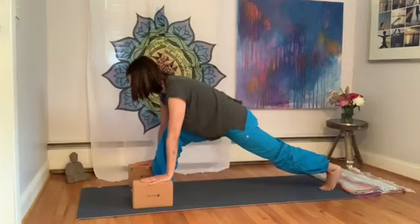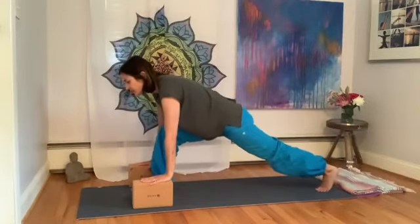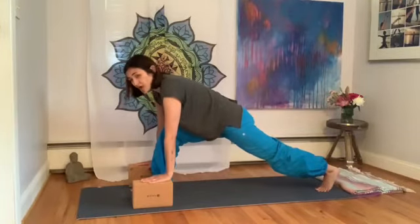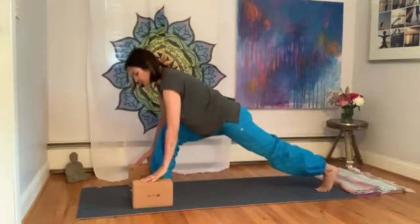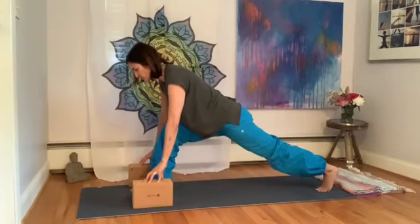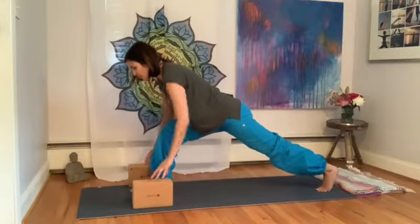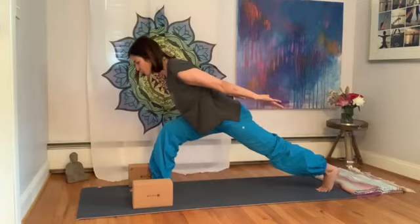Draw the belly in. Try not to have your belly resting on your right thigh. Your feet are hip width apart. Couple different options here. You can stay right here. If you'd like to go a little bit deeper, fingertips can come up onto whatever surface you're using for support. If you'd like to go a little deeper, take your hands, palms up, reach them behind you, shoulders pulling away